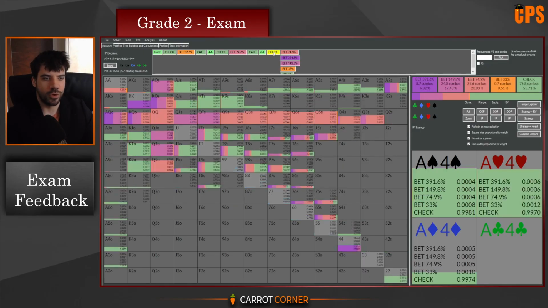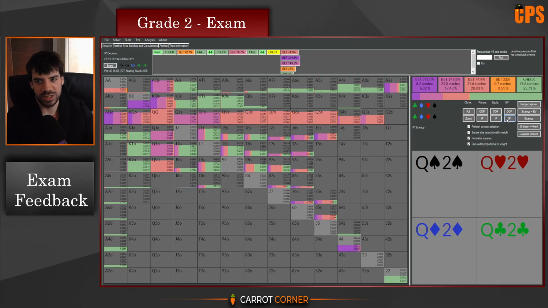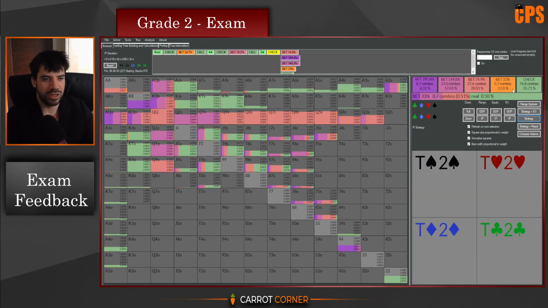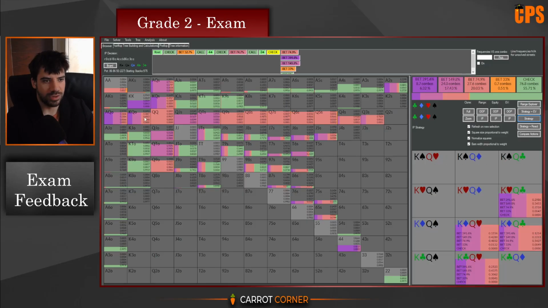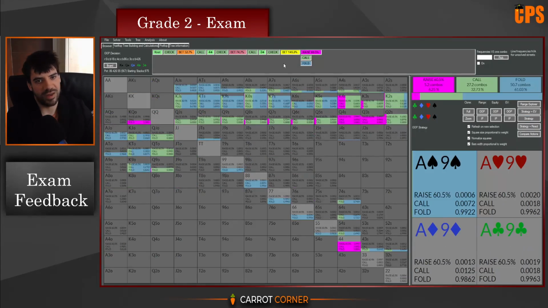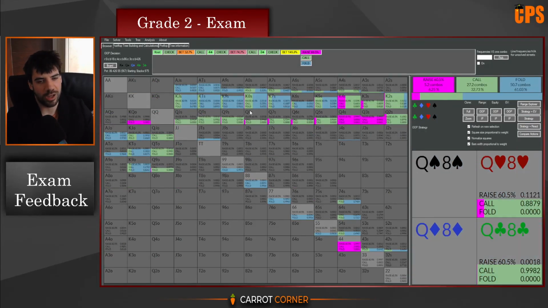Queen Jack is of course a lower equity hand than the two that we've just looked at, however it's going to be using a bigger sizing than the Pocket Queens. When we look at the equity of Queen Jack, it is very much tier 1. It's not tier 0, so it's not going to go for the absolutely massive overbet, but it is going to be 150 and use the medium shade of purple there because it's a super high equity hand with only one queen blocker. When you're using B150 instead of B400, you actually get called by a good amount of King X